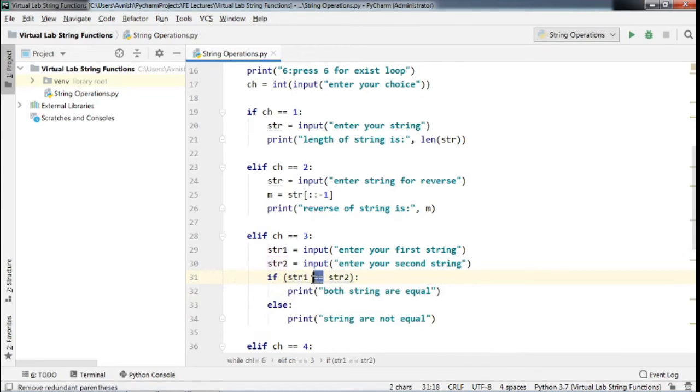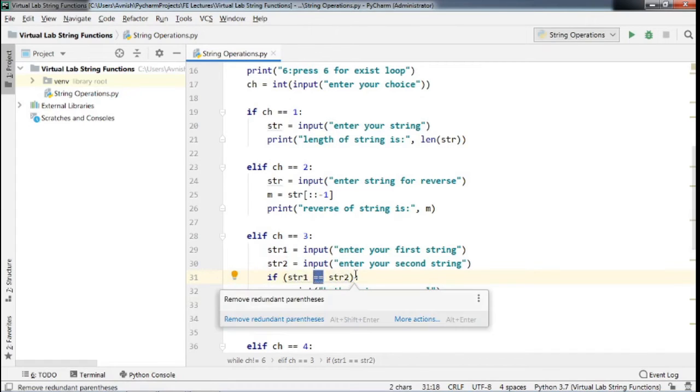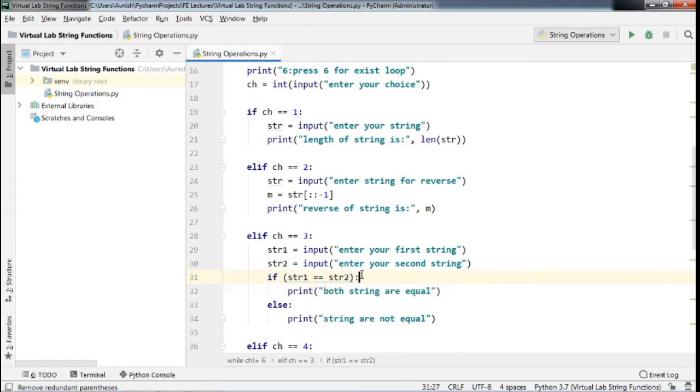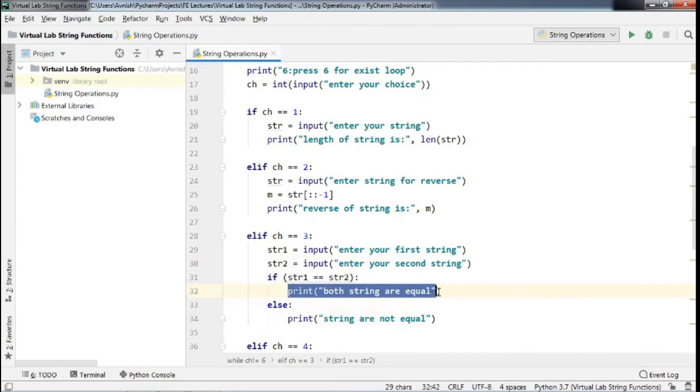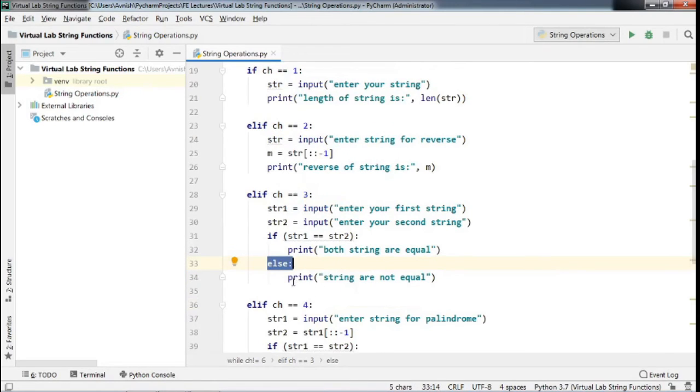Here again we are using the comparator operator. If this case is true, we will print the output: both strings are equal. If this condition becomes false, that means string 1 is not equal to string 2, this else part will be executed, and in that case we will print the strings are not equal.